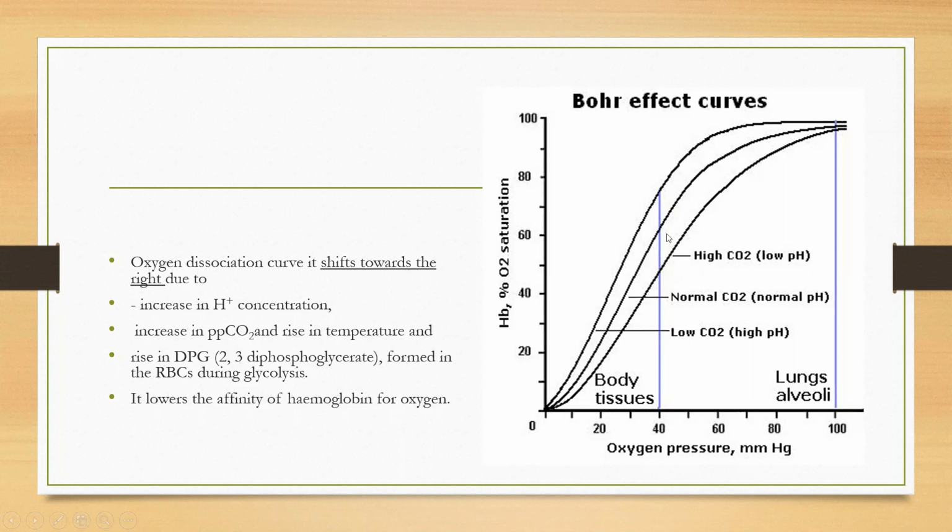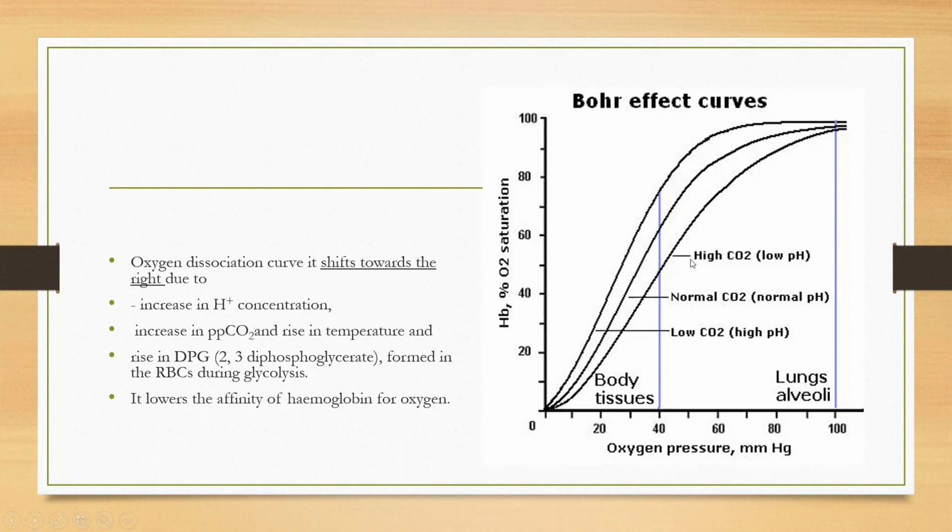Whenever the temperature in the environment increases and whenever the partial pressure of carbon dioxide increases, जैसे cells के अंदर we know that cells carry out different metabolic activities, different functions perform करते हैं, तो ऑक्सीहीमोग्लोबिन का जो ऑक्सीजन रहता है that is taken up by the cells, लेकिन जब मेटाबॉलिक एक्टिविटीज परफॉर्म हो जाती हैं, सेल्स के अंदर पार्शियल प्रेशर ऑफ कार्बन डाइऑक्साइड बढ़ जाता है. Okay, so when the partial pressure of carbon dioxide increases inside the cells, तो क्या होता है, this sigmoid curve moves to the right.